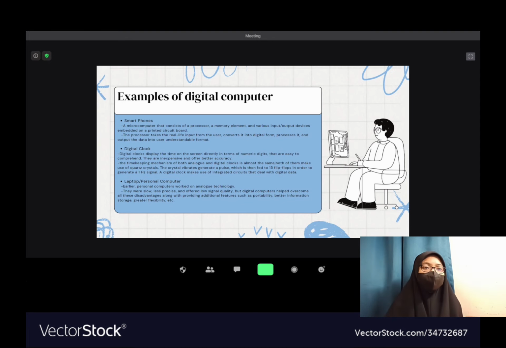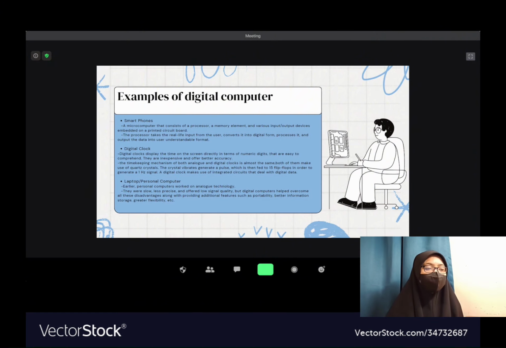The last one is the laptop or personal computer. Earlier, personal computers worked on analog technology. Therefore, they were slow, low priced, and offered low signal quality. But digital computers help overcome all these disadvantages along with providing additional features such as portability, better information storage, and